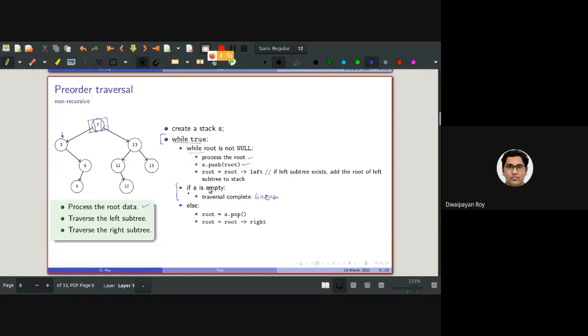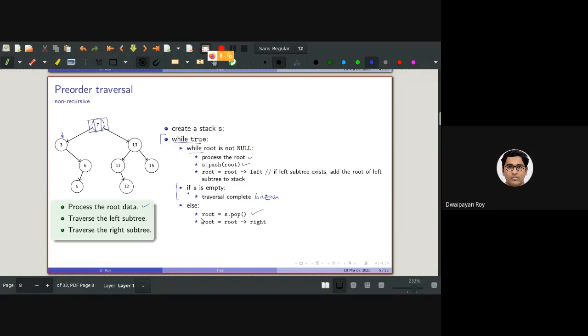And else, if the root is null but the stack is not empty, then we need to apply one pop operation, which will take out the root of the last traversed tree. As you can see, it will be the root of the last traversed tree, because this operation is getting executed.